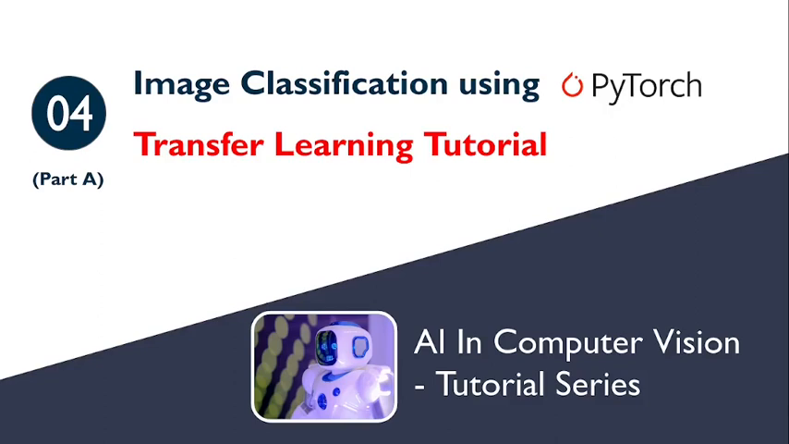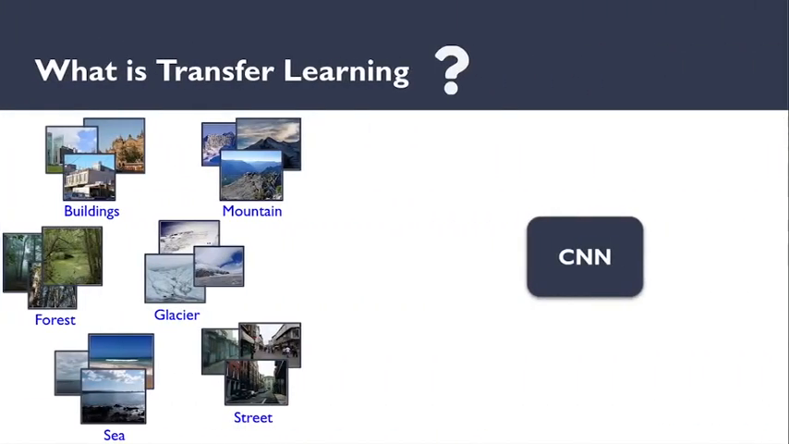Welcome back to this video series on AI in computer vision. In this video, we will learn how to build a CNN based classifier for a custom dataset using PyTorch deep learning framework. We will do it using what is called a transfer learning approach. For the purpose of this video, we will use a scene classification dataset, but you can use any of your